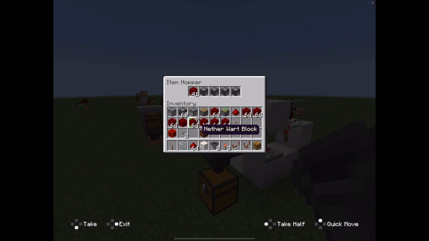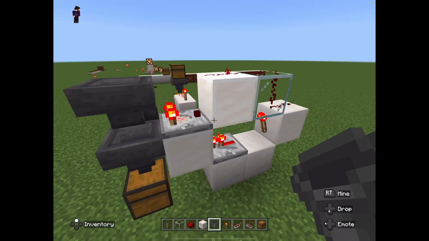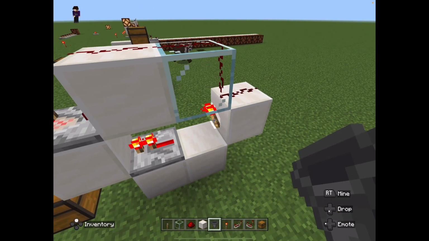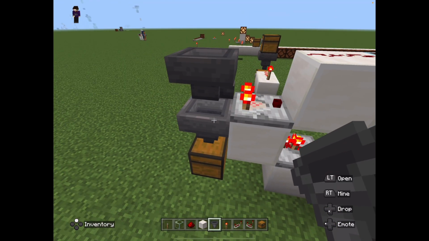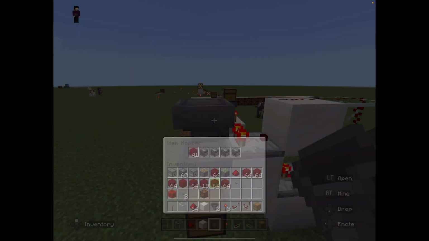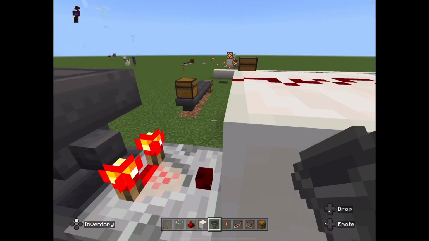Now the reason this is useful is because as soon as it hits that 41, it drops back below the amount of power output necessary to turn this off, which locks this hopper again, which means that nothing more is going in there. So now, if I put another hopper on top of this,